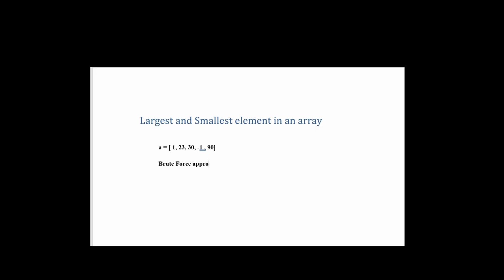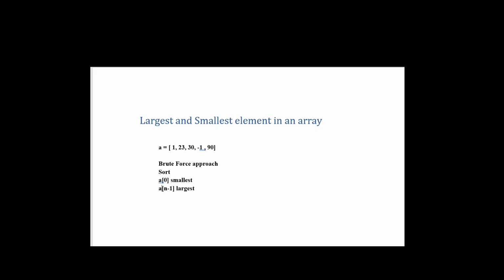approach that is first we have to sort the array. Then array of 0 is smallest element and the array of n minus 1, that is length of array minus 1, is the largest element. Okay, coming to the